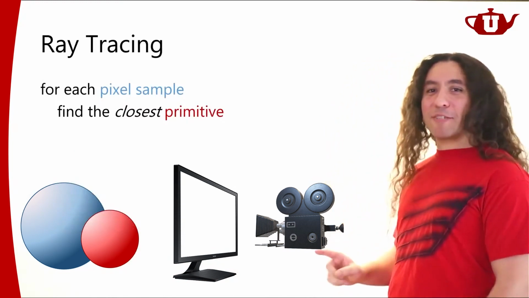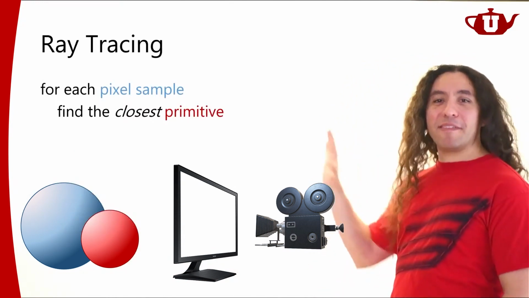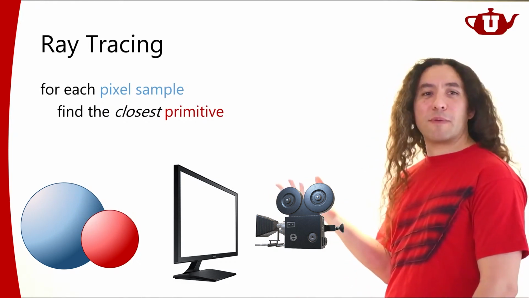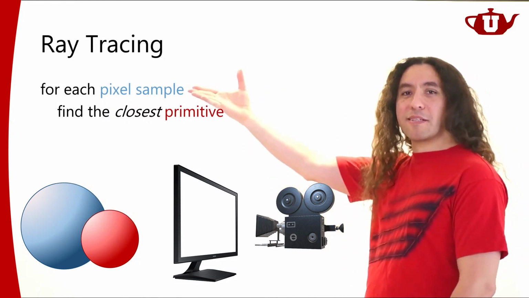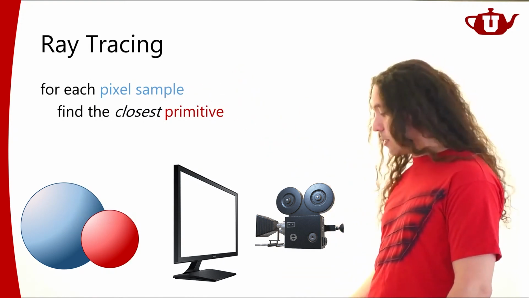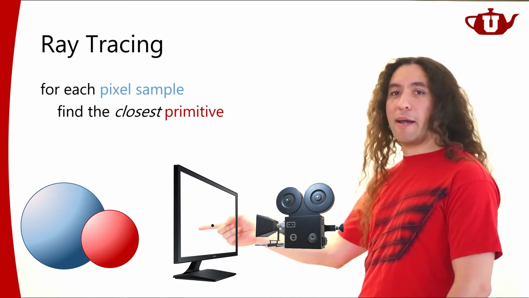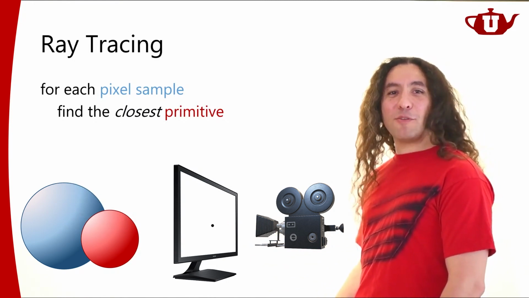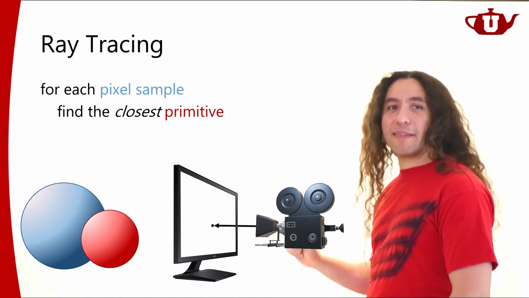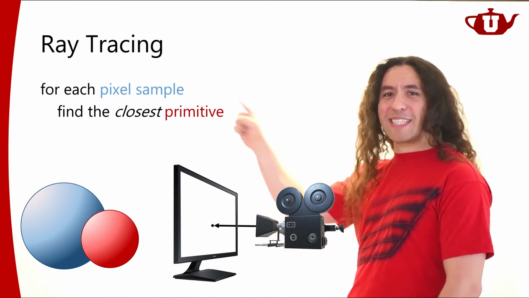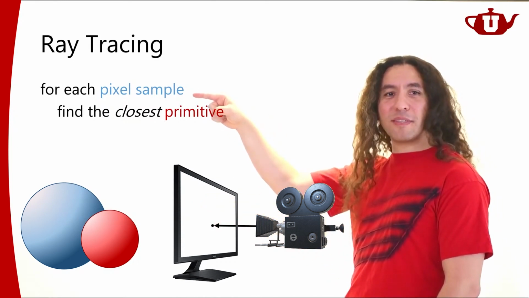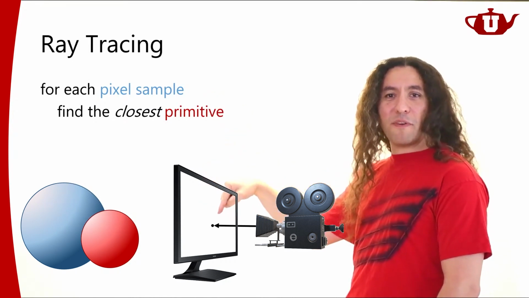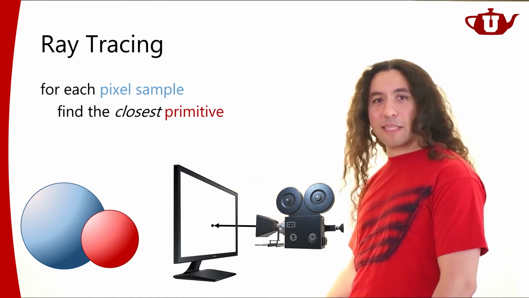All right, we're doing ray tracing. I have a camera. There's an image that I want to generate. So what do I do with ray tracing? For each pixel sample, let's say this guy, I am going to be generating a ray, and then I'm going to be tracing that ray. So let's not call it a pixel sample. Let's call it a ray, right? Because that pixel sample will define a ray, this ray specifically.